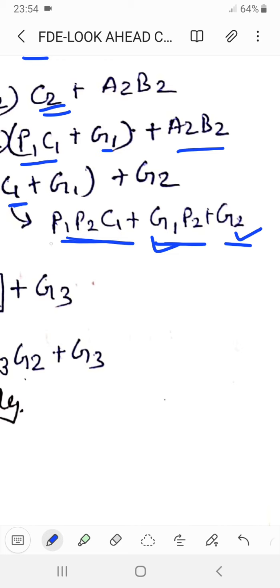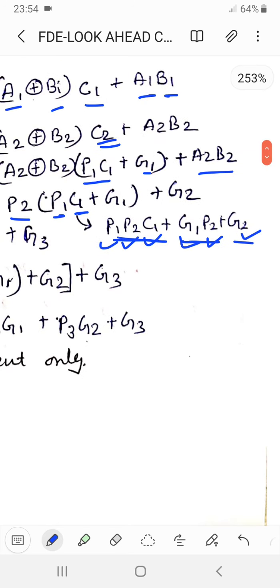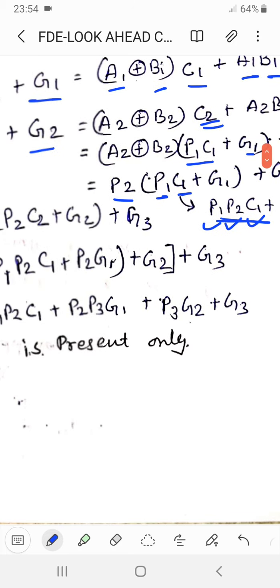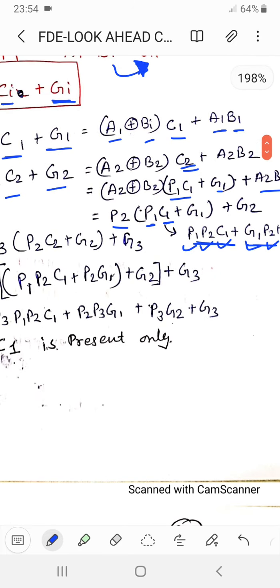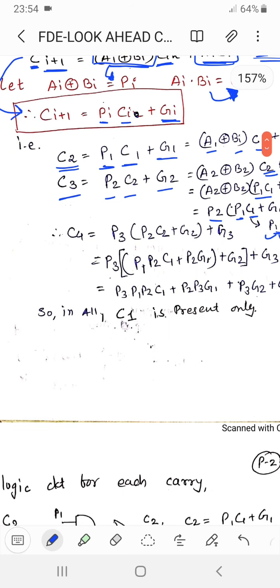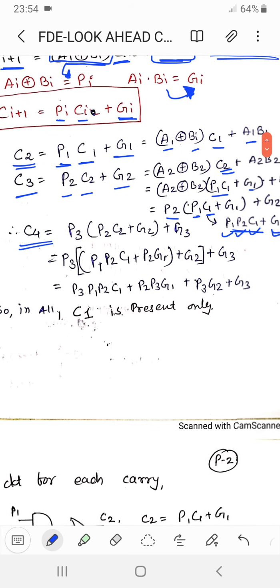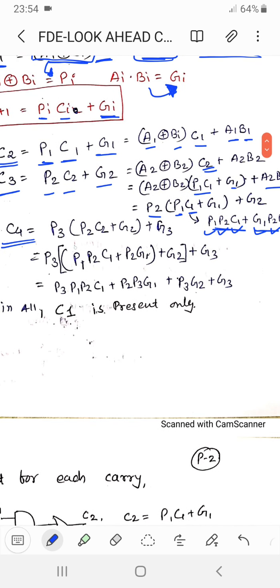Then here there is P1, P2 both with C1, and here only P2. So this is one of the patterns. Please keep it in your mind so you can understand the next stage also. If we find out the carry for C4, I am putting it here directly in the simplified manner. So that is P3